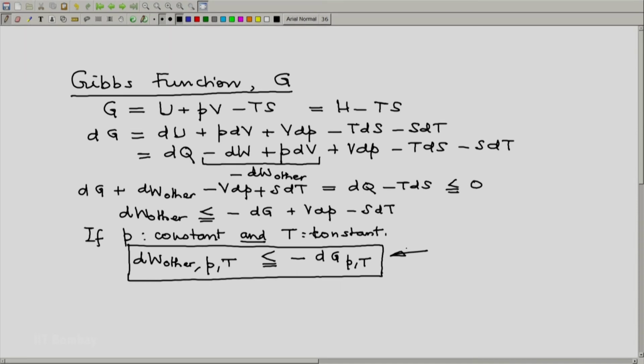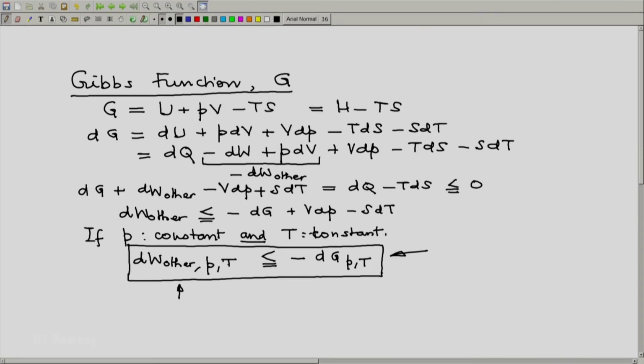So, this tells us that in a fashion similar to that of the Helmholtz function, the Gibbs function also represents a sort of potential, the decrease in which represents the maximum work other than expansion work which can be obtained in a constant pressure, constant temperature situation. The Gibbs function is very useful during change of phase and during chemical reactions. We will consider some situations of change of phase, but in this course we will not be considering situations where chemical reactions take place.